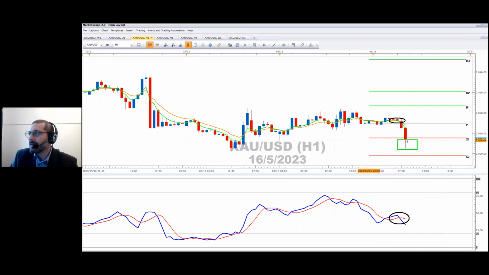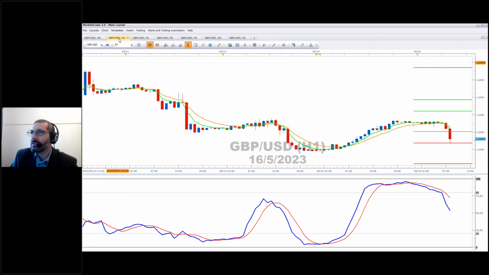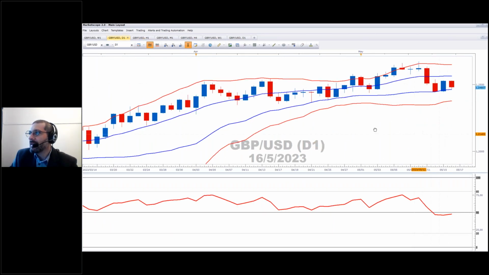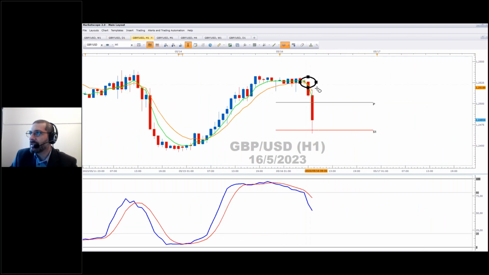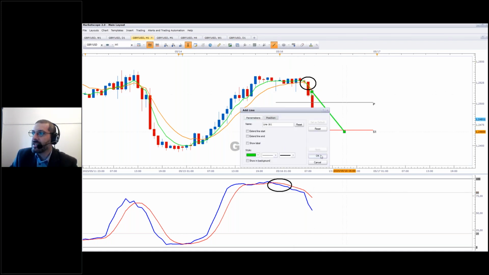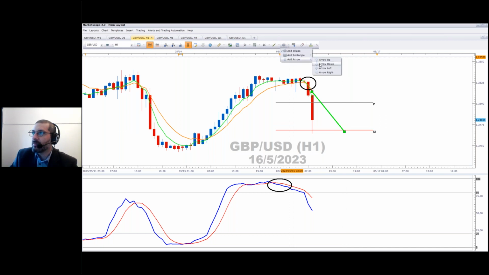Another instrument that I saw was starting to move was actually cable. So let's bring up cable. Again, the daily chart on cable finds itself in the neutral area, but there does look to be a nice hourly signal to the downside. You're getting a crossover to the downside of the EMAs. You've already got a cross to the downside of the stochastic. What we need is some sort of angle and separation in the EMAs, and what we need is for the stochastic to make its way down to the low quintile.